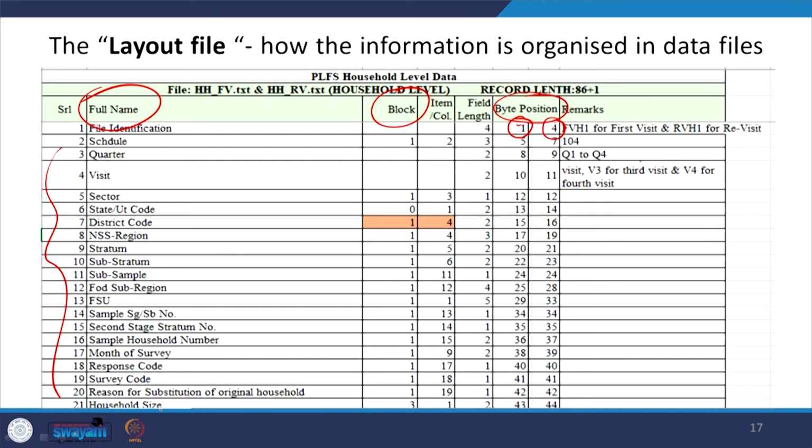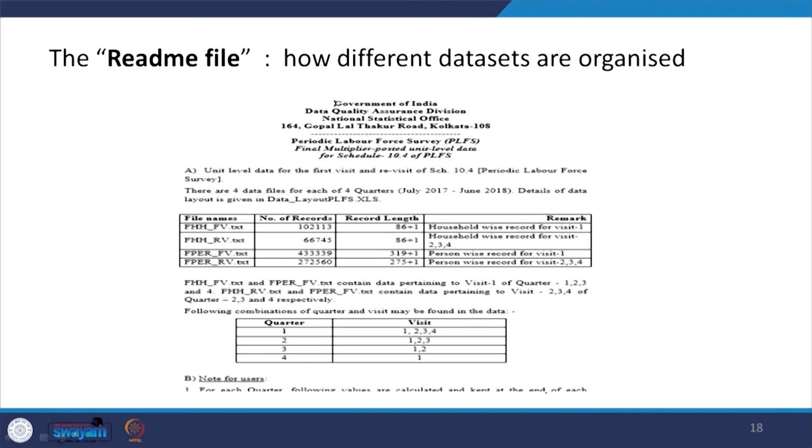Now, let me pick up one particular piece of information, household size at 21. At 21, the byte position is 43 to 44, so that means 2 spaces are given. At maximum, household size can have 2 digits; it cannot be 3 digits. 100 and more is not possible, as household size is actually limited to 99, as we all know. Accordingly it is defined and we will use it later.